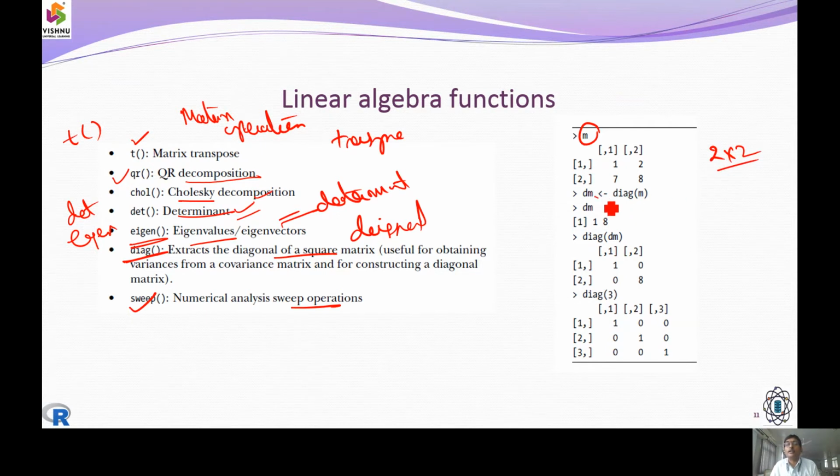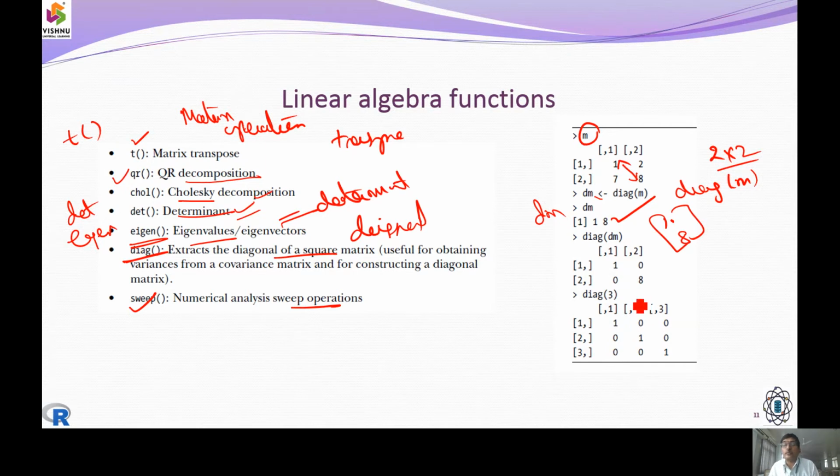And see here, dm is assigned the diagonal of M. The diagonal of M is going to be 1 and 8. So when I print this dm here, it displays 1 and it displays 8. So that's how we get the diagonal elements.